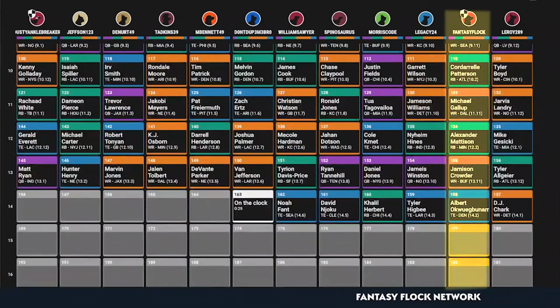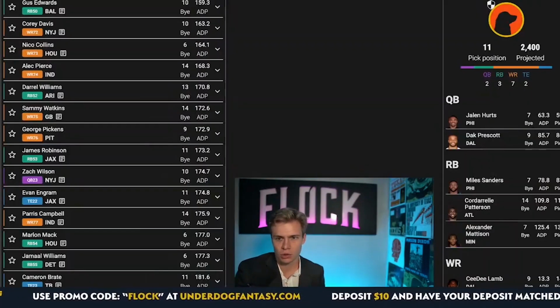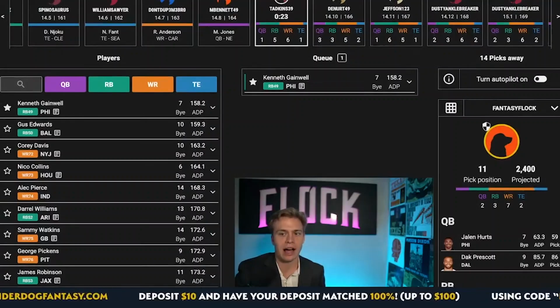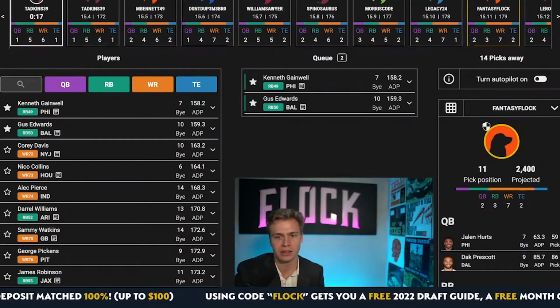Okay, so we have Tyler Higbee, David Njoku, Noah Fant. Yeah, and that's perfect. Perfect to get these elite level tight ends off. Mac Jones, get those quarterbacks off. Okay, so at this point, I'll take Gus Edwards if he falls. With this team where we could use weekly touches, if Gus Edwards falls 20 picks in ADP, I'll take Gus